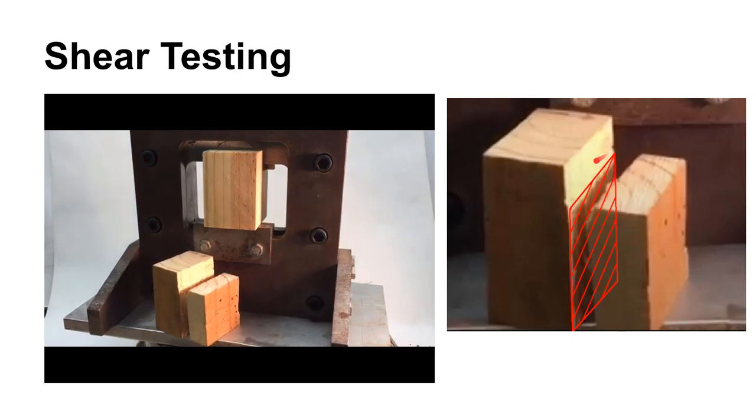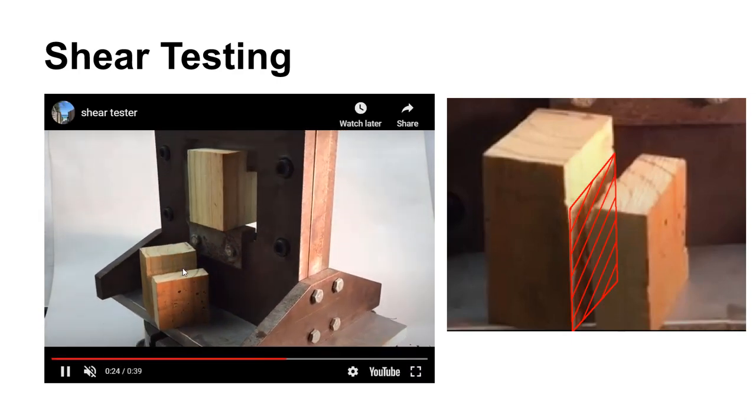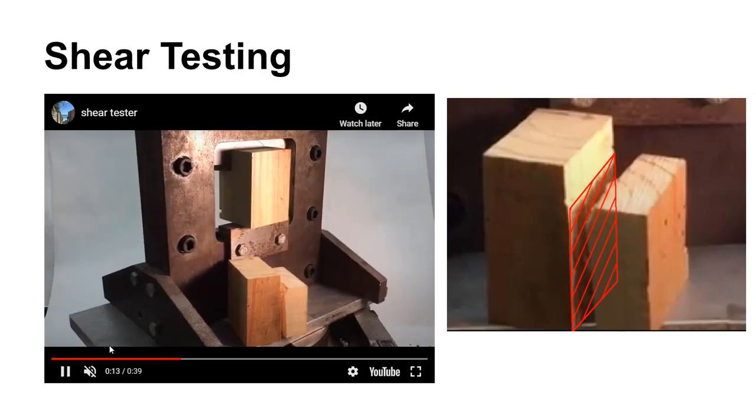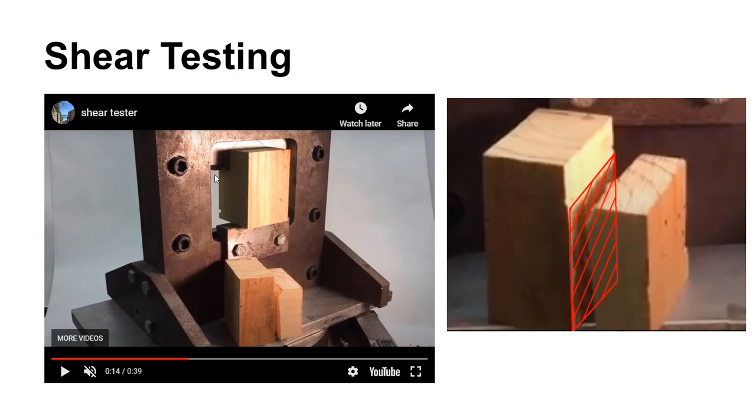material where it would fail if we did a shear test on it. So this is a shear testing apparatus, and you can see that it's designed kind of like a guillotine here, and it pushes back and forth on the two edges of this specimen here. So I just stuck this in here to point out where that cross-sectional area is, because that's one of the most important things when we're talking about shear testing.